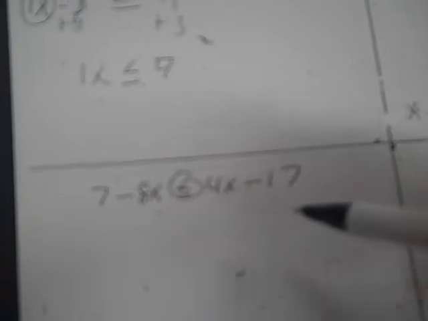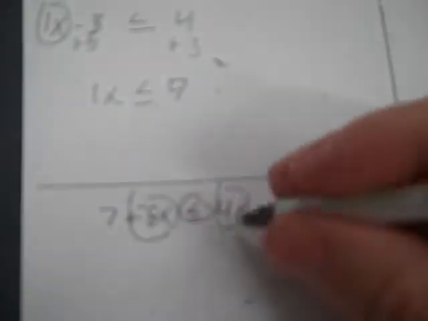Okay, next problem. Now, as you can see, you don't need to reorder it because you've got x's on both sides. If there are x's on both sides, I don't need to reorder it. I just need to get rid of the one over here, because you've got a -8x and a 4x. So 4x is the one I'm getting rid of. It's positive, so I subtract it from both sides. So -8 minus 4 is -12x plus our 7,